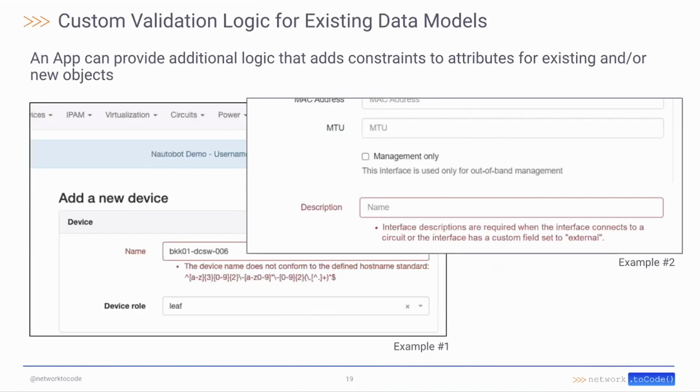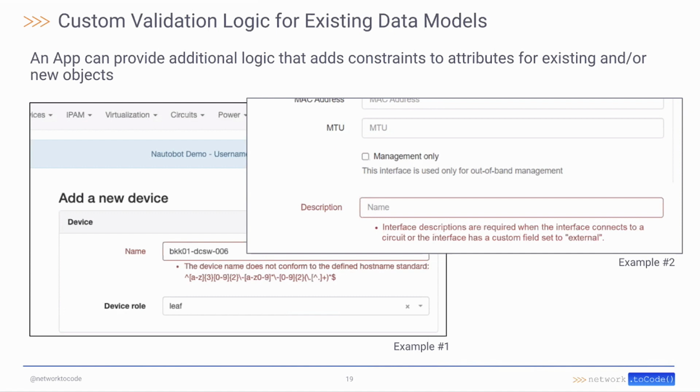Custom validator. So again, this is a hook in the data model. A good example of this is everyone has naming standards for devices, right? And everyone has one, right? So I can have an app that can actually define what my naming standard or set of naming standards are, and that can be validated in a multitude of different ways here. So I can prevent users from creating devices that don't conform to that naming standard and so forth.